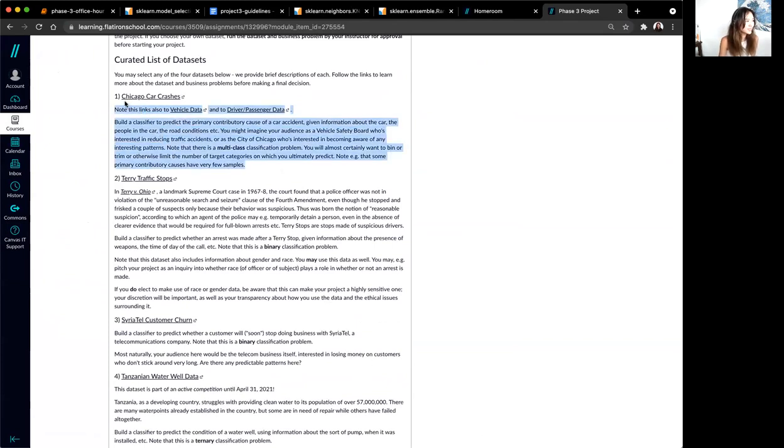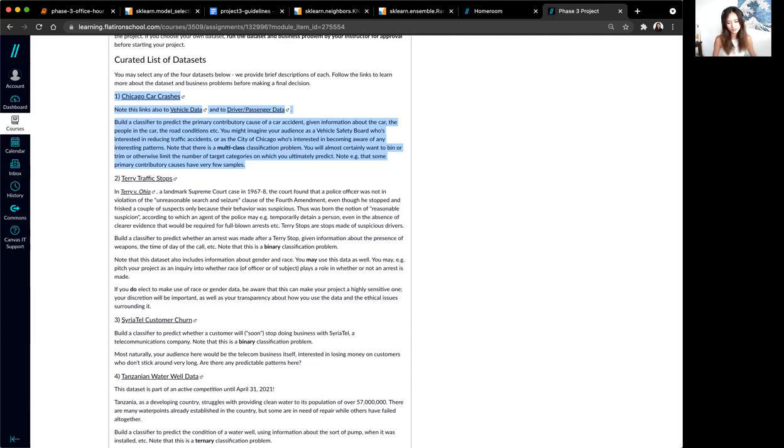So the first one is a Chicago car crashes data set. It's basically a data set that logs every car accident, I think for like the last year. There's also 3 different tables here, which you can decide which ones you want to use. And in terms of target variable, you kind of have a little bit of freedom to decide what target variable you want to use. So I know that in this data, there is like a measure of how serious an